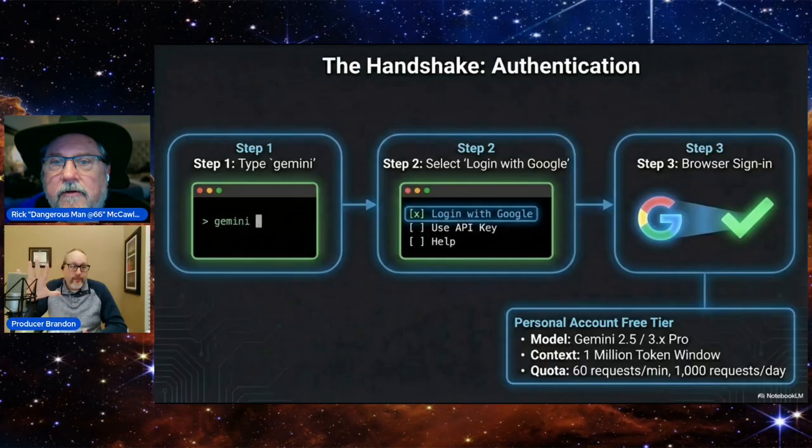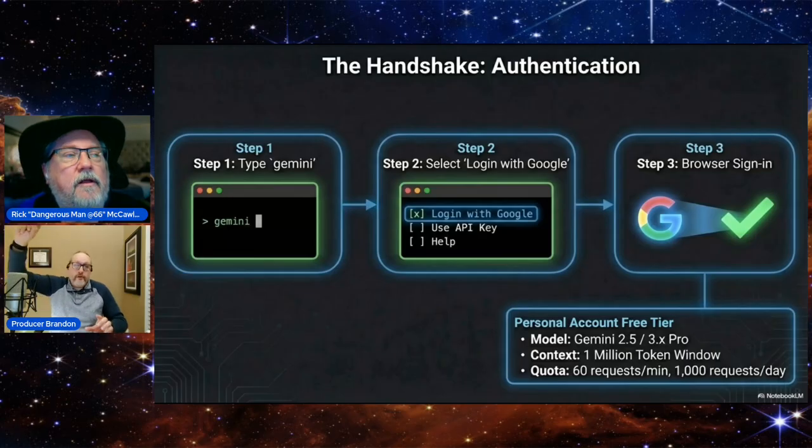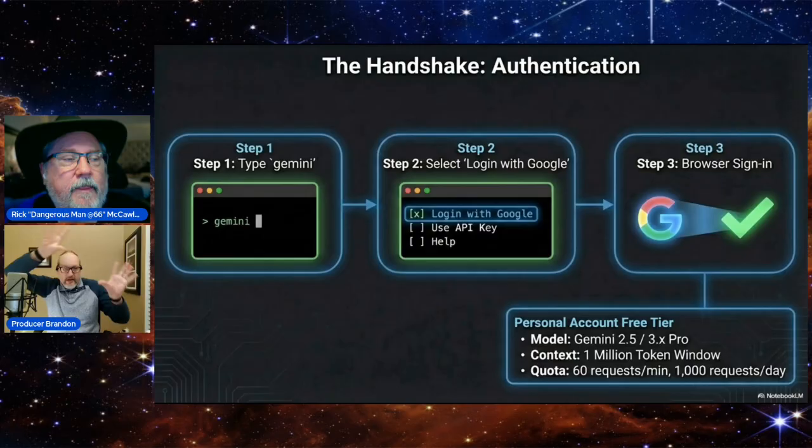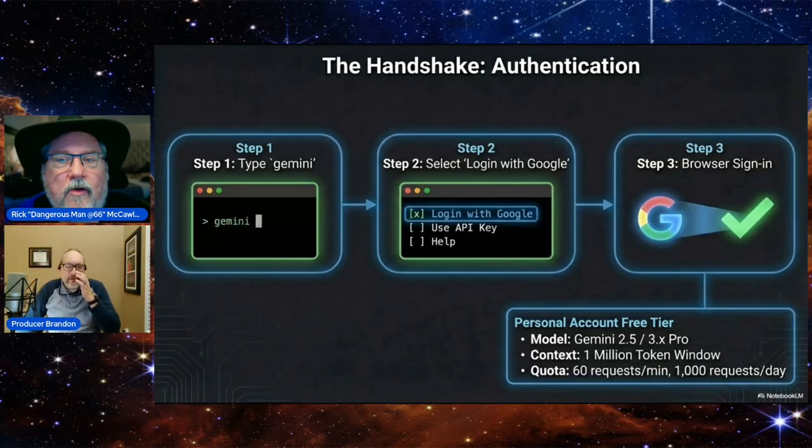It's going to pop open your browser, because remember, the terminal is what controls everything. So it'll literally just say, hey, computer, I need you to open the browser and log into Google. And so it's going to log in, and it's going to say, do you trust Gemini CLI to use your stuff? Like, yes. Okay. Then it's going to close that browser, and it's going to say, okay, you're logged in. And then it's going to use,